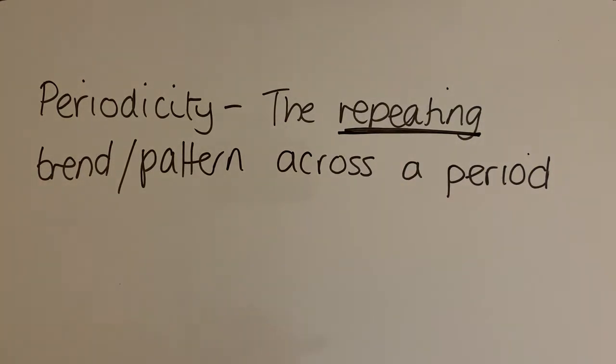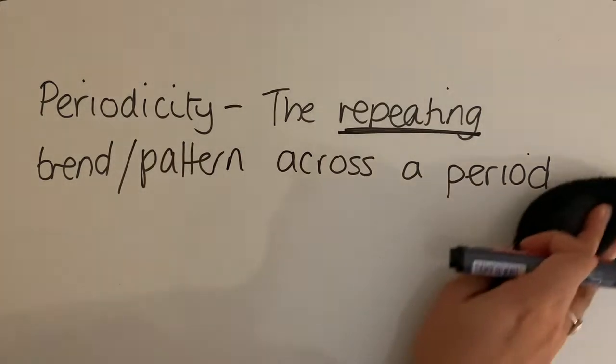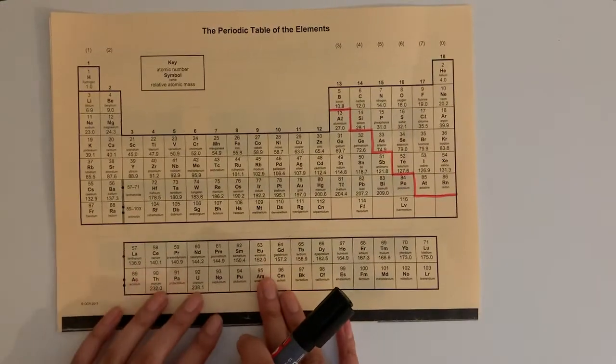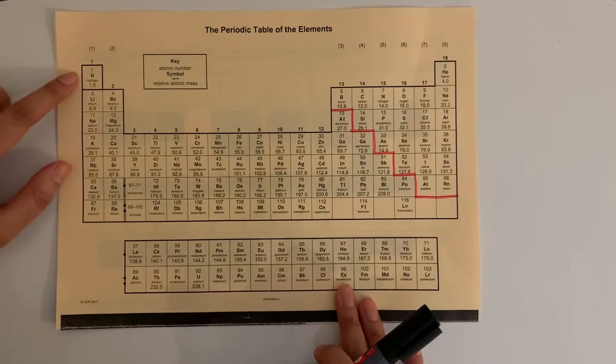And we are going to look at some repeating trends across a period in this video and the next video. In this one, we're just going to have a look at electron configuration. So if we look at electron configuration, when you do the electron configurations of these, what you will hopefully notice is that when